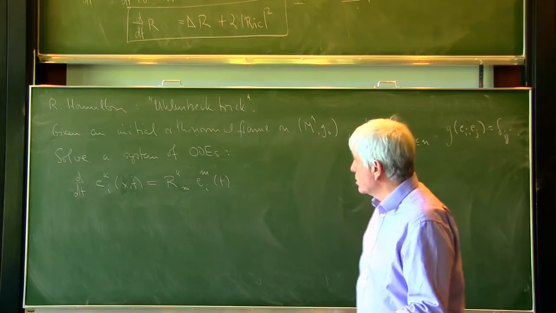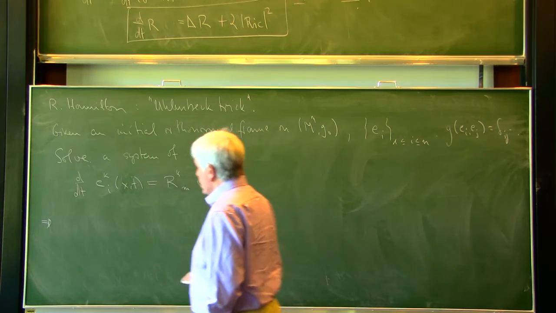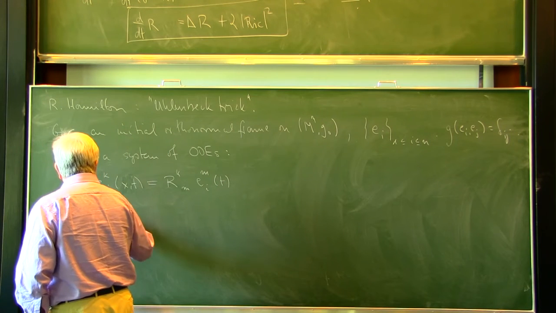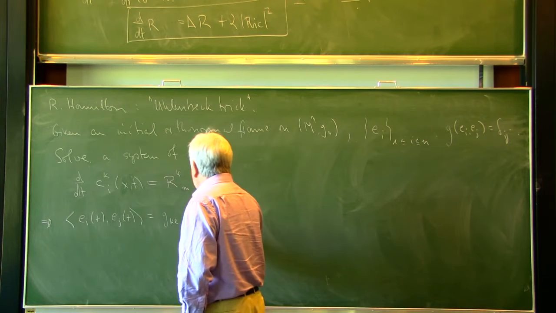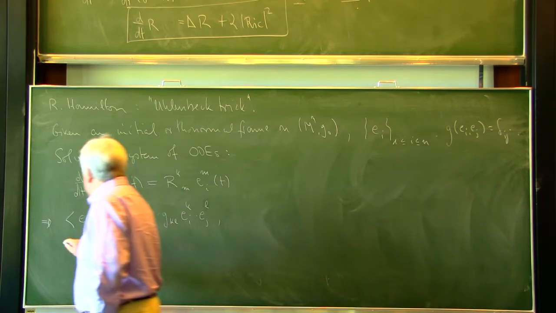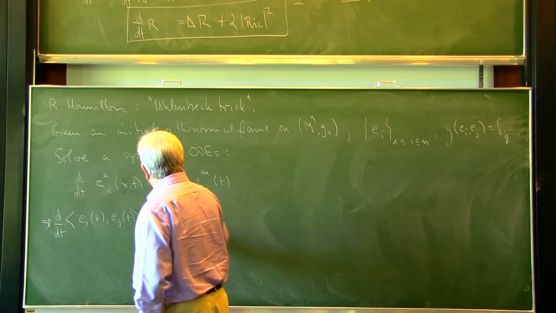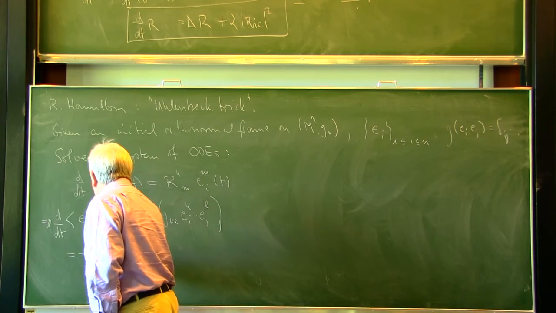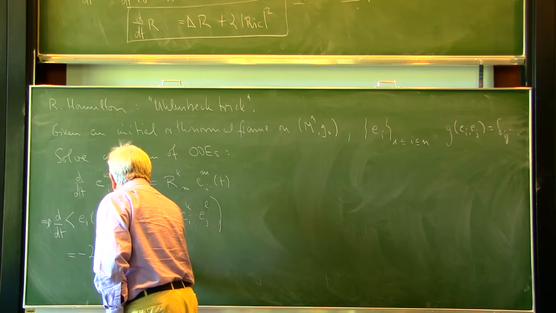Just solve this system of equations for each e_i, and then you get that this new inner product of e_i(t) and e_j(t), which is g_kl times e_i^k times e_j^l, and you compute d/dt of this,